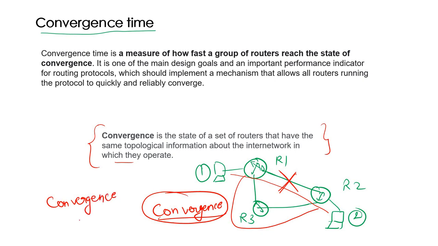Sometimes it is asked in interviews what is convergence and what is convergence time. People also ask why low convergence time is preferred. If you talk about STP, I discussed that the convergence time in STP is quite high, so that's why we switch to rapid spanning tree, that is RSTP. The convergence time of RSTP is quite fast. So that's how we use this terminology.